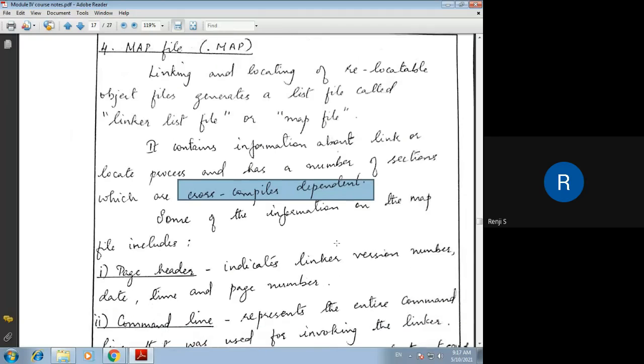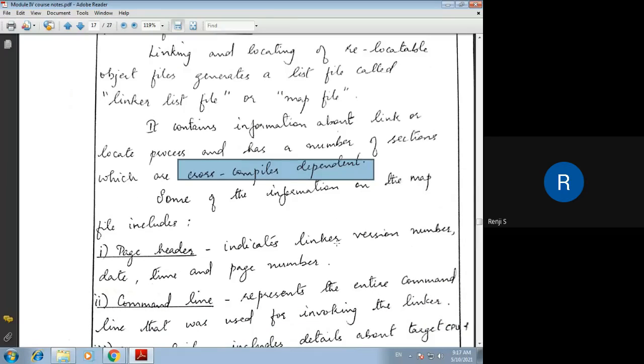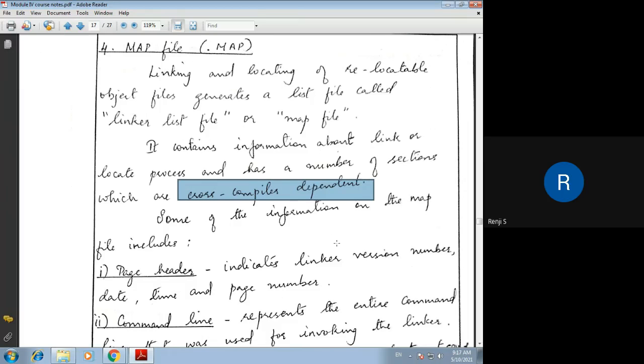Is it clear? The linker list file will contain information about the linking or locating process: which modules are linked together, where the object code is located in memory, what the sections are, and the information regarding each module, all stored in the map file.